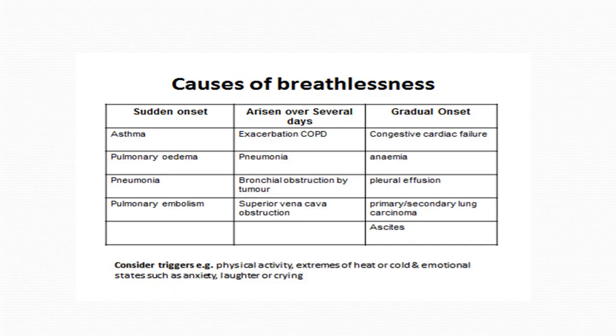So breathlessness could be sudden in onset, can occur over several days, or could be of gradual onset. Sudden onset is seen in asthma, pulmonary edema, pneumonia, and pulmonary embolism. Onset over several days includes COPD, pneumonia, bronchial obstruction by tumor, and superior vena cava obstruction. Gradual onset occurs in cardiac disease, anemia, pleural effusion, primary or secondary lung carcinoma, and ascites. Basically it's an accumulation of fluid, which happens in pleural effusion and ascites, which compresses the lung and